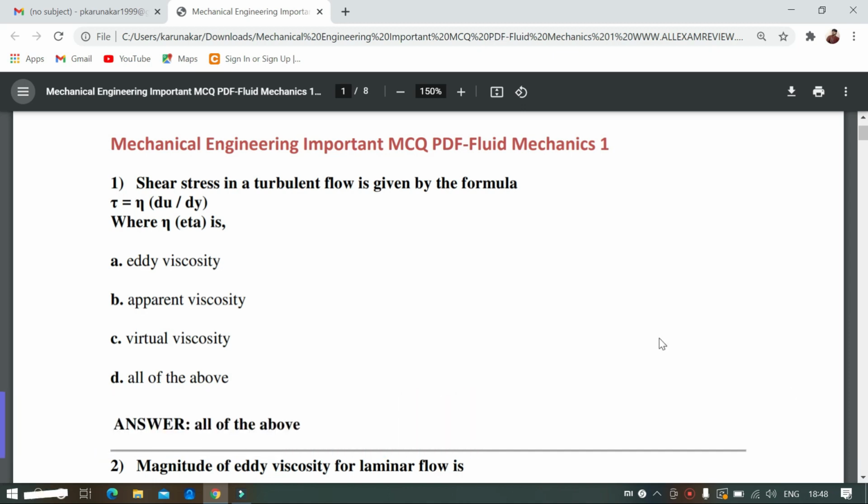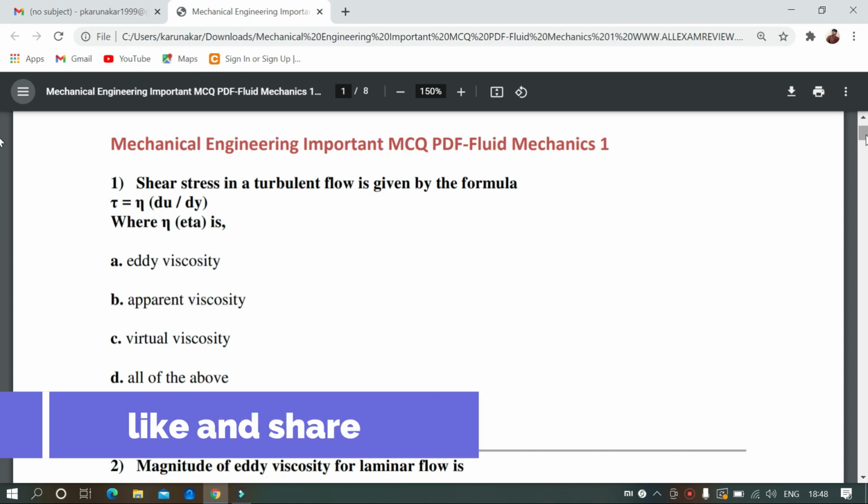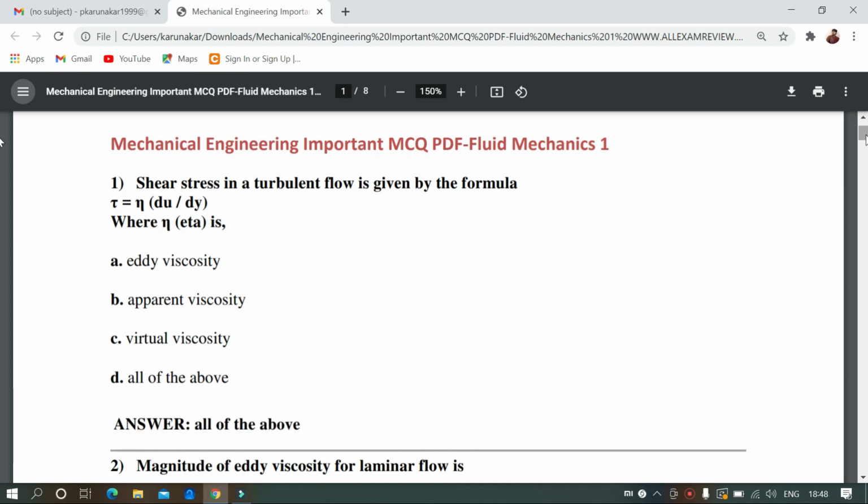So guys, from today onwards I'm going to start MCQs that are asked in various competitive exams, that is SSC or ISRO or DRDO. From today onwards we will start the revision of the various MCQs so that we'll get well prepared for the competitive exams. So without getting late, let's start the first MCQ of today, top 30 MCQs that are asked in ISRO technical